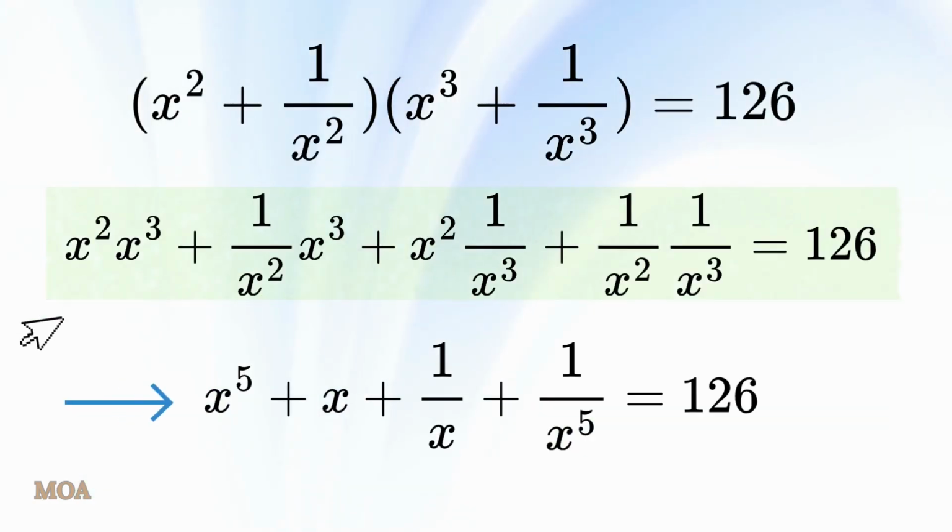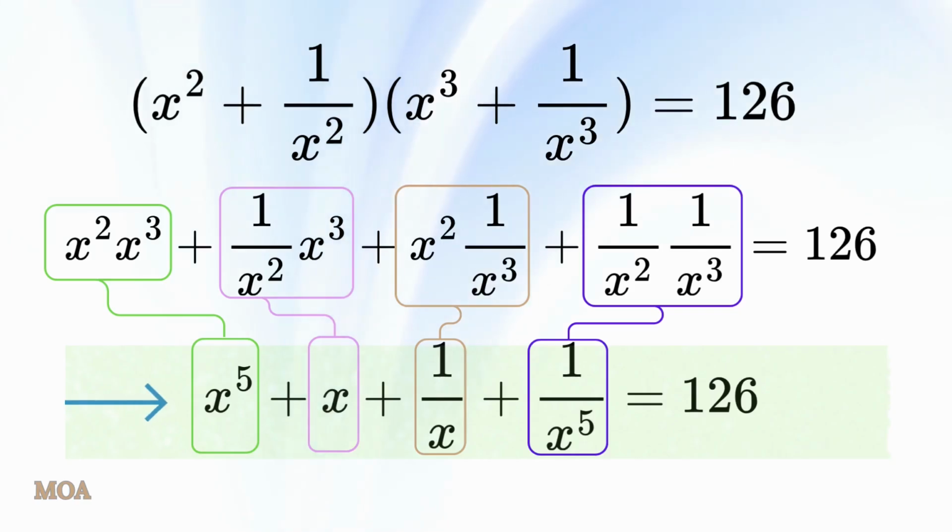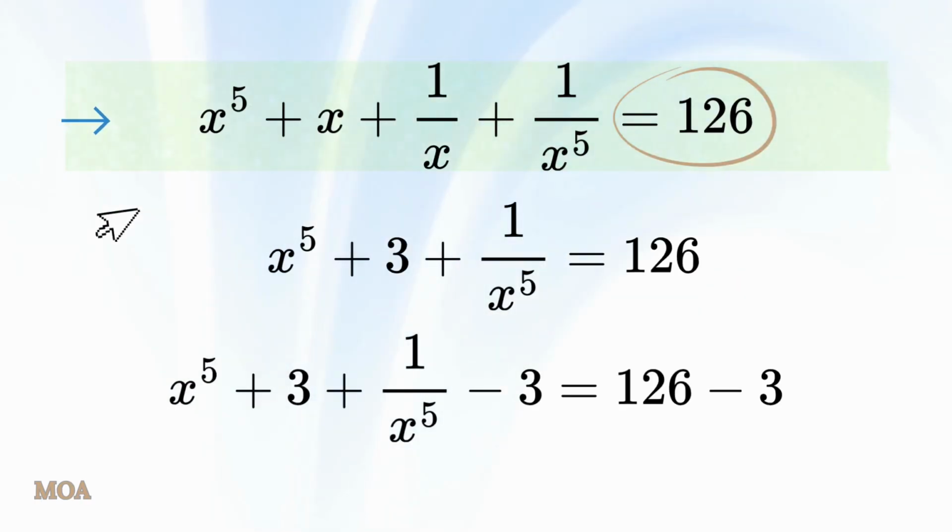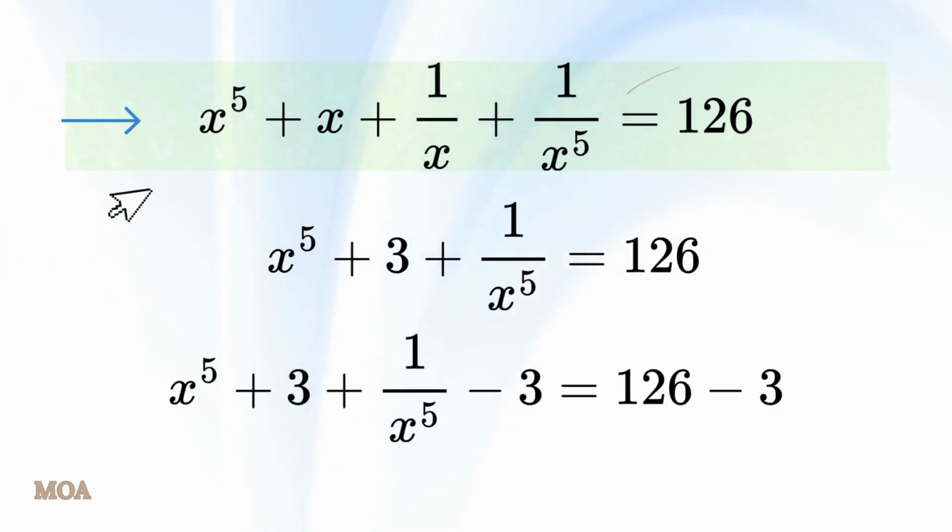After expanding and simplifying the middle terms by canceling x squared in the numerator and denominator, and since x squared times x cubed equals x to the 5th power, and 1 over x squared times 1 over x cubed equals 1 over x to the 5th power, we obtain x to the 5th power plus x plus 1 over x plus 1 over x to the 5th power equals